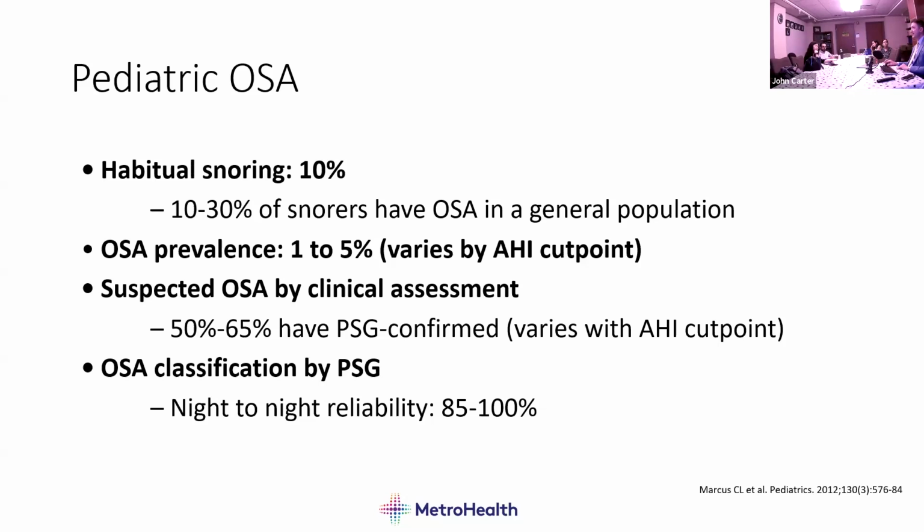The way I like to think about it is in adults, you're trying to rule in apnea. In kids, you're trying to rule it out. Okay. I think we talked about this. OSA prevalence ranges between 1 and 5%. But only about half, maybe up to 65%, of kids in whom you suspect OSA clinically end up having significant OSA on the sleep study. And so there is a quandary sometimes about what to do for this kid when our clinical impression says one thing and the testing says another. So we'll talk about that.